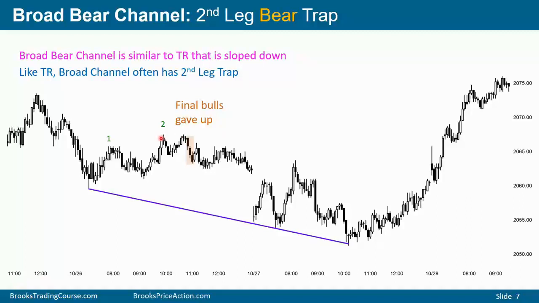You have to use a wide stop, and you probably have to scale in, because instead of this being the start of a bull trend, it could be the end of a two-legged correction in a trading range or in a bear trend. And you can see right here, the market tested the top of that strong bull breakout and failed, and the bulls finally gave up. And the bears knew the bulls would give up, and the bears sold as well.